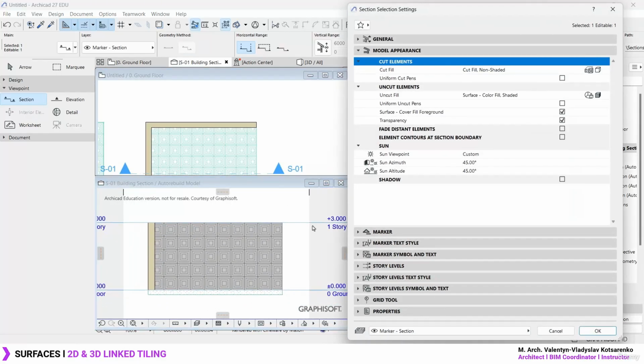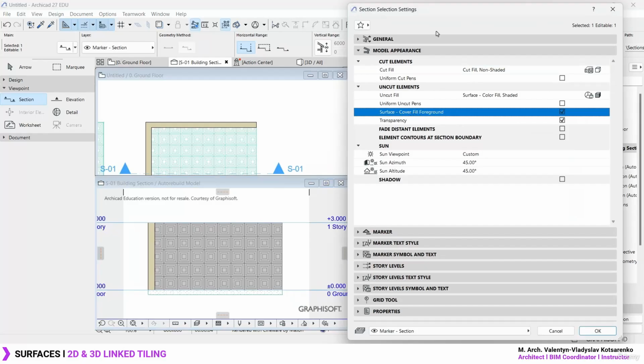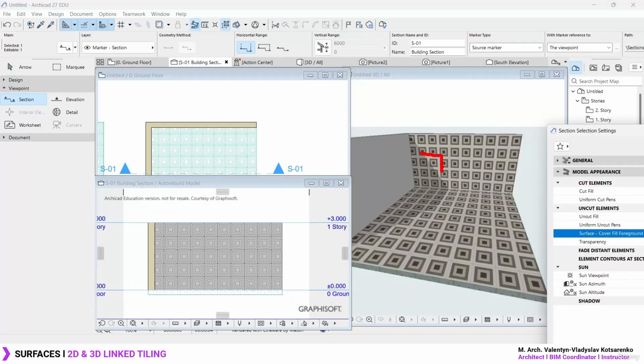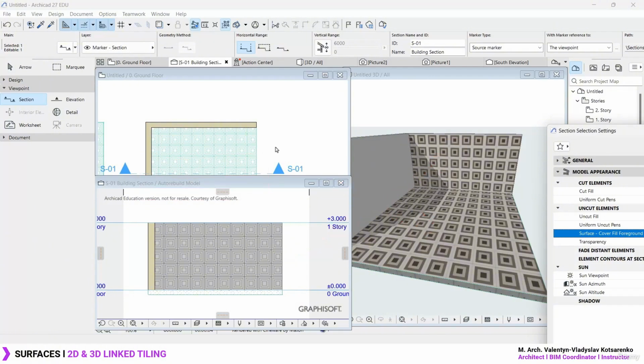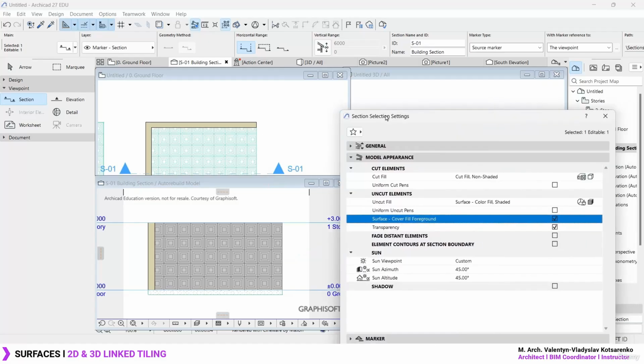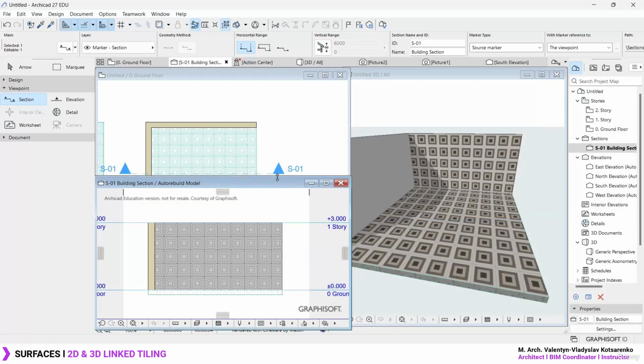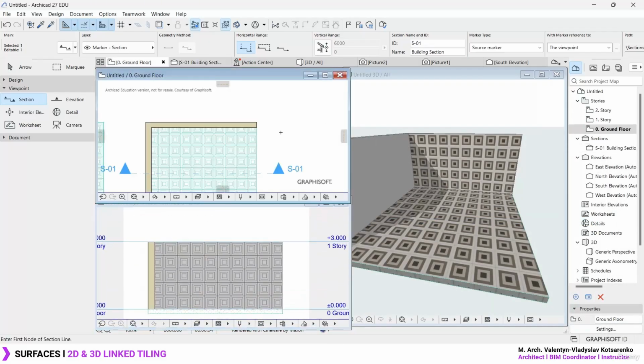So in short, just simply activate the surface cover fill foreground and it's going to read the representation you got within your wall, and with the slabs you activate this option within the slab parameters. So as always, take as much time as you need. Check out how you can link the 2D and 3D representation all together, and